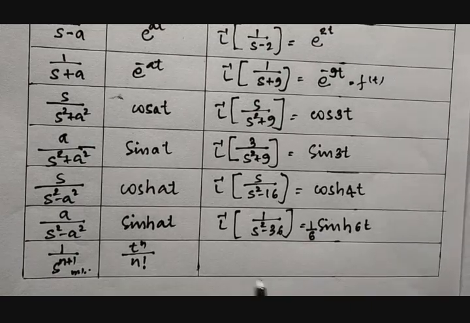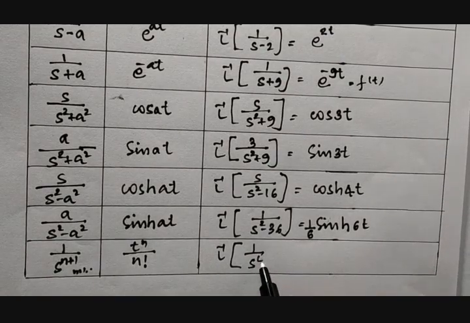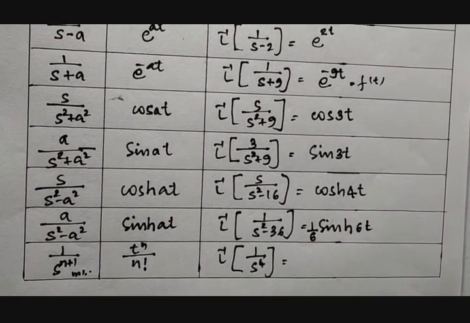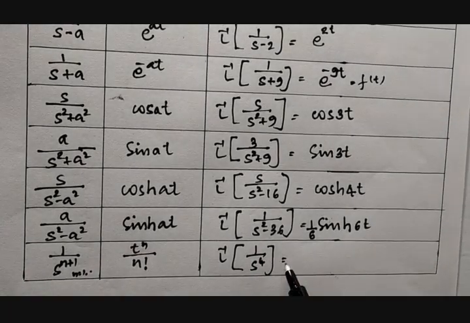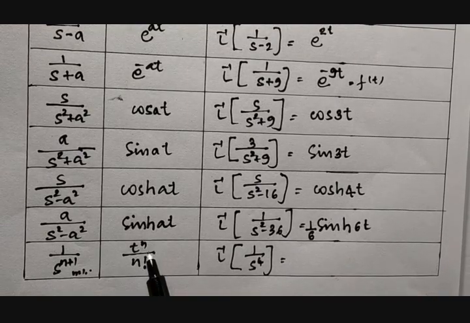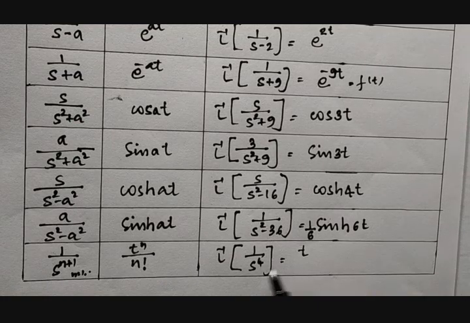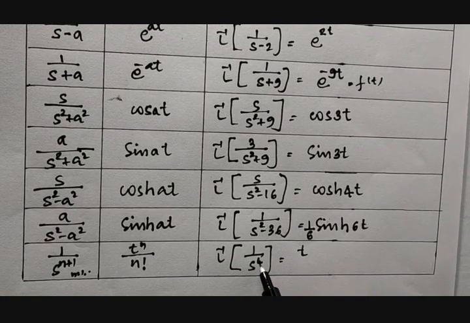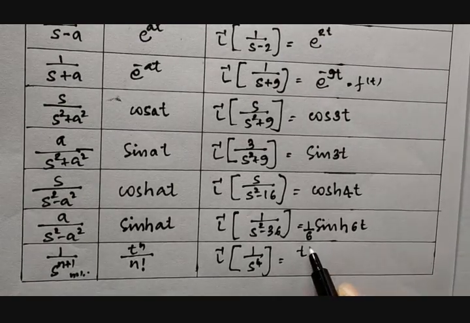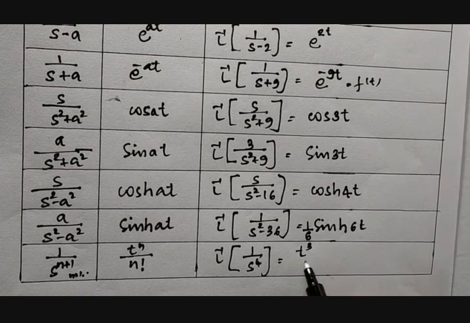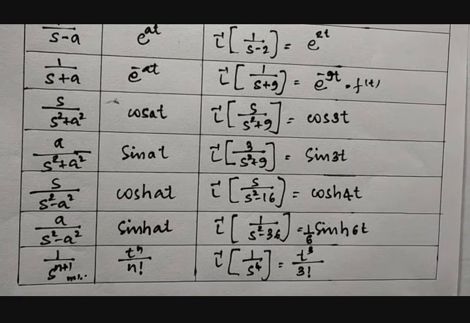For example, if you want to take the inverse Laplace transformation of 1 divided by s raised to 4, then what will it be? You can see it is t raised to n. Here what is t? T is t only. So that raised to n. What is n? 4 is nothing but n plus 1. So n is 3. So it is t cube divided by 3 factorial. So this is the way to calculate